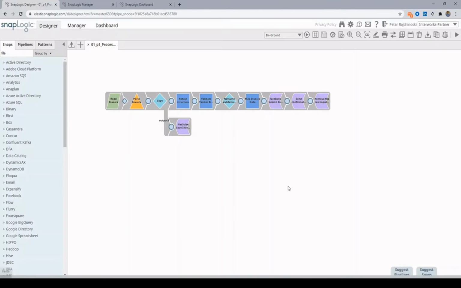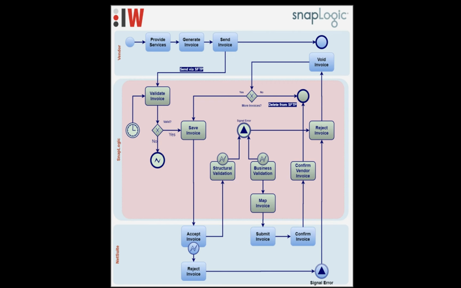Yeah, we can plug it in each pipeline and continue using the behavior for that error pipeline. Yeah, exactly. So that is a great feature that we can reuse the pipelines again and again, so we don't need to create them again.